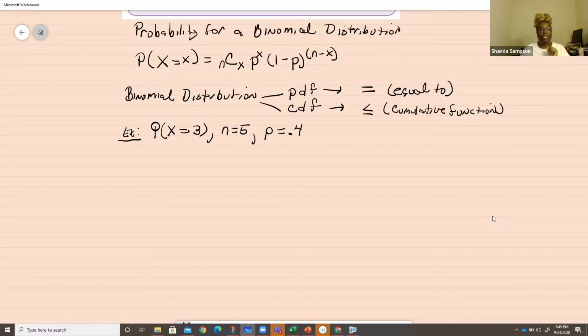As you look at the question, you say, well, what is my probability? You see that they're asking for equal to. Well, that's cool because we know equal to is in the calculator. Now, you know N is the number of trials. That means there are 5 trials. X is the number that you're looking for, and probability is the probability of getting whatever that particular number is. Now, what you're looking for is the probability of getting 3. Probability is equal to 0.4 is a general probability. So what you're looking for is a probability that X is equal to 3. Cool, because your calculator has that function where you can just put in X is equal to 3.